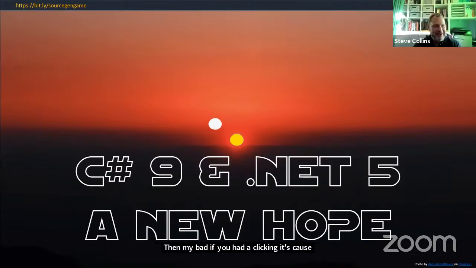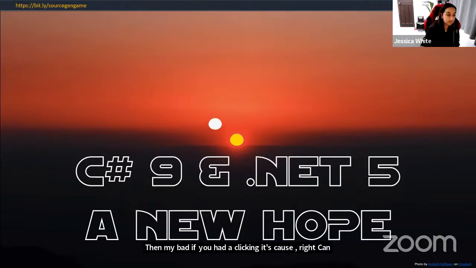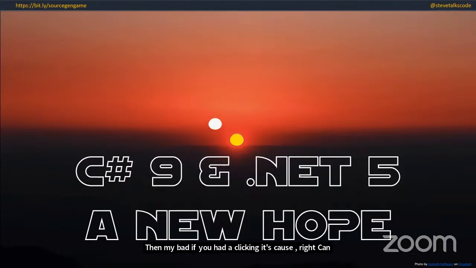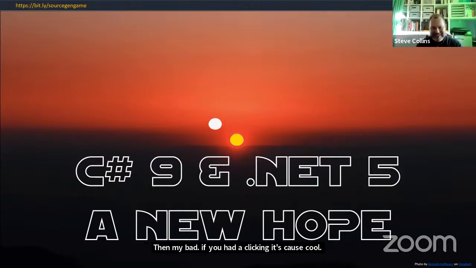Right. Can everyone see the New Hope screen? Yep. Cool. So, where was I? Are you sitting comfortably? I shall continue. So we get to 2020 and source code generators in C# 9 and .NET 5. The New Hope: could this be the savior of everything that I've been struggling against for the previous however many years it was? Let me find my clicker. Where's my clicker gone? Okay.